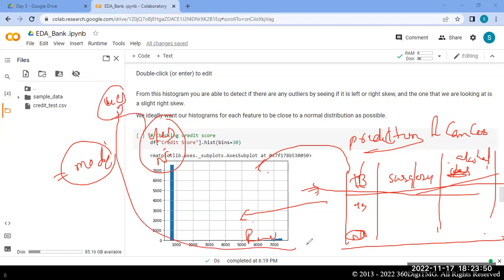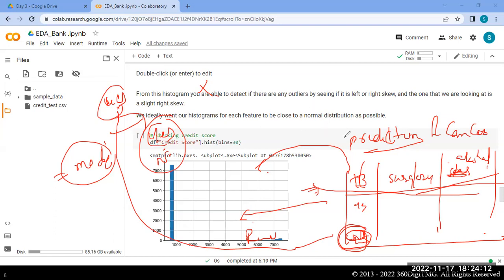We can't say the mode is yes, so I'll impute yes wherever there are missing values. That is absolutely wrong. If that particular person doesn't have TB, you can't say they have TB, right? So when you are dealing with healthcare data, you should be extra careful while doing imputation.